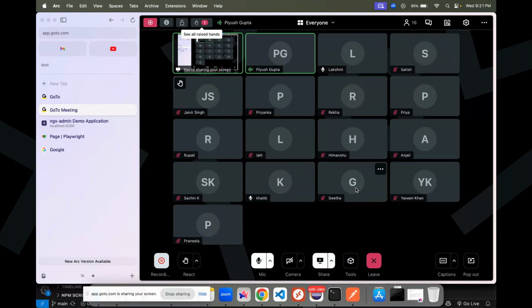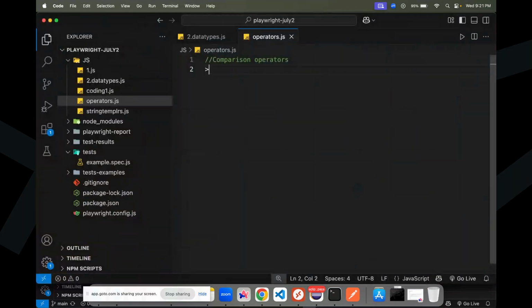Let me tell you everything with crystal clarity. So today we'll be talking about operators. There are a couple of operators. One is greater than, then we have something called less than, we have greater than or equal to. Okay, so I'm writing like this, so that is why VS Code is not very happy. So let me do one thing, I'm marking it as a comment like this. Okay, so we have greater than, less than, then greater than equal to, then less than equal to, and then we have equal to, which is